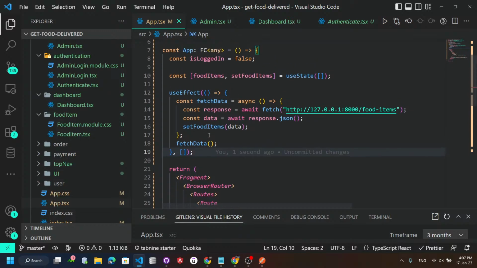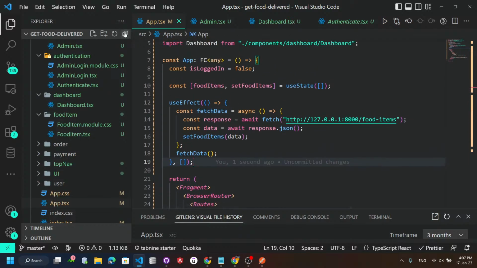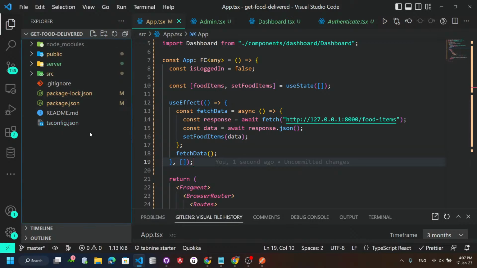So now, guys, that's it for now, and we'll see in the next, जहाँ पे अब हम admin का login